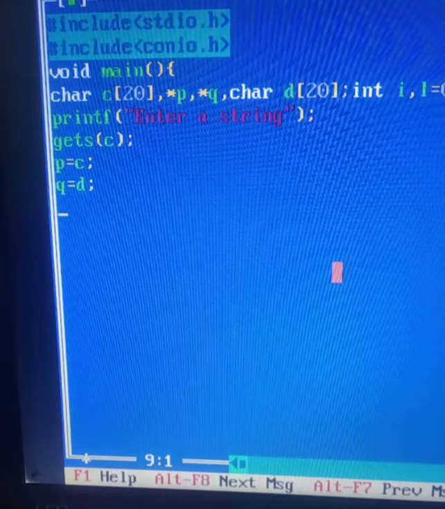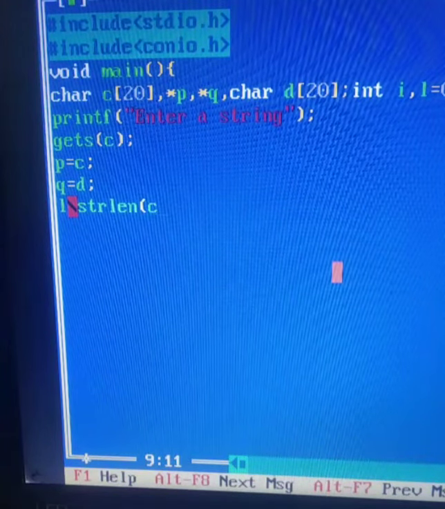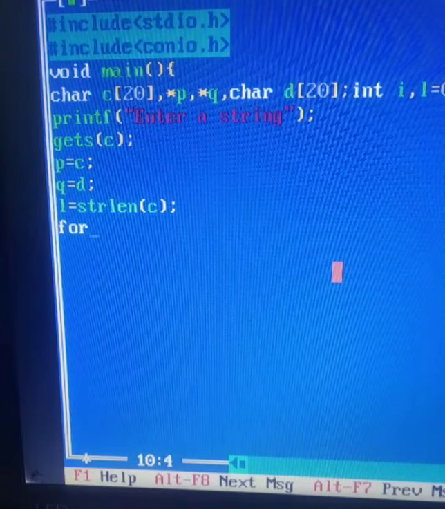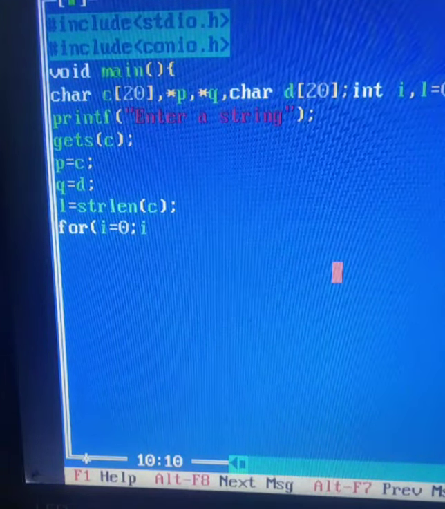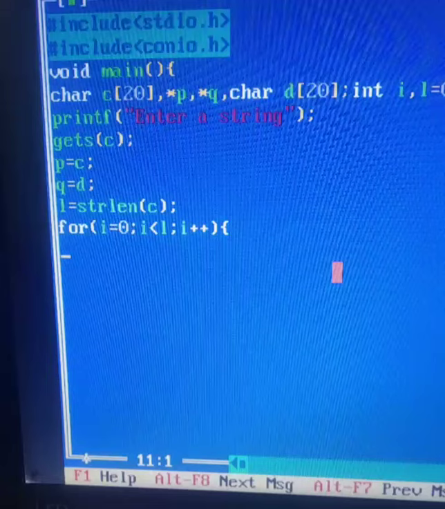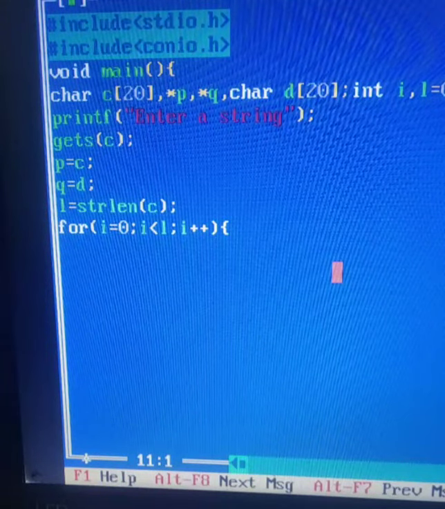We'll find out the length of c. l is equal to the length, and with for i is equal to 0, i less than l, i++, we'll copy the values of p pointer into q pointer.